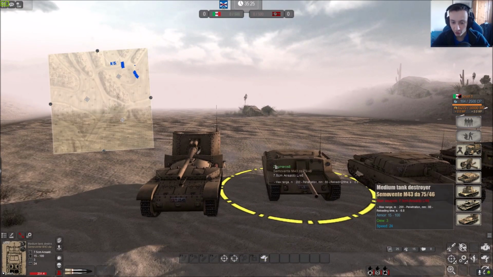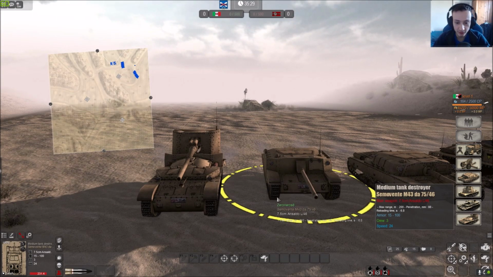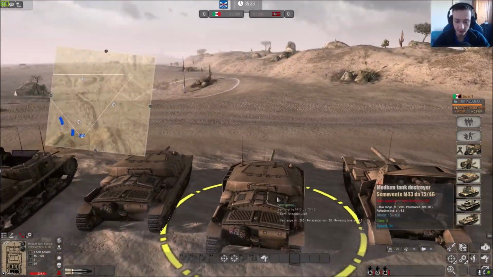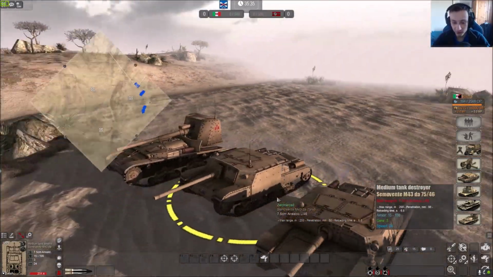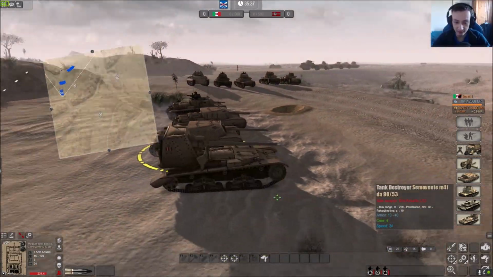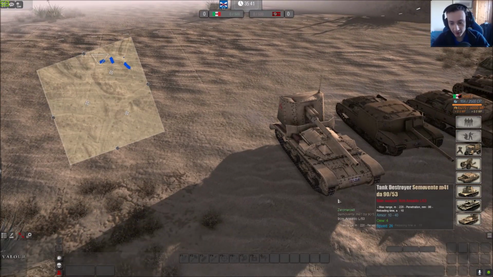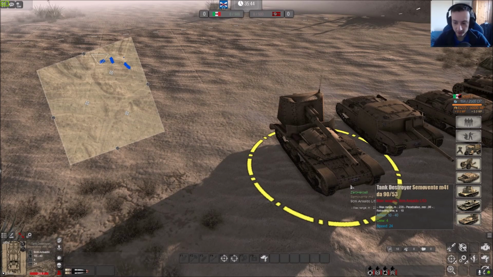So make sure you keep yourself at long range, and make sure you keep outside the enemy detection range, and you should actually be fine. So that is really it with that vehicle. Okay, moving on with the very last vehicle, and this is the Semovente